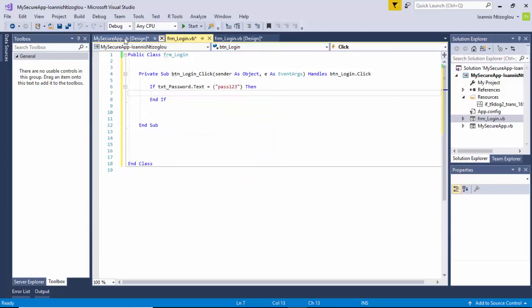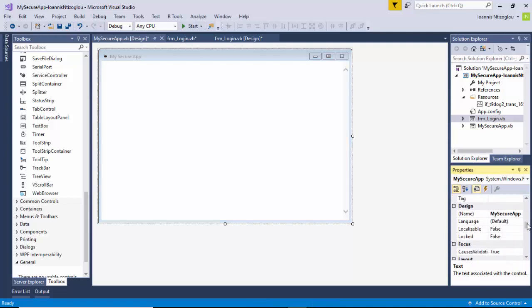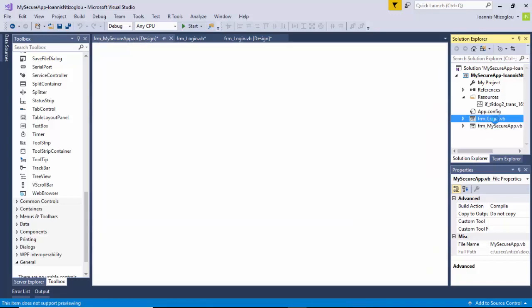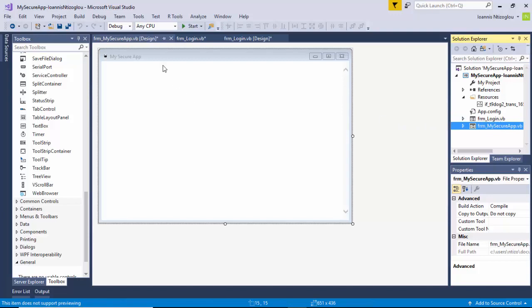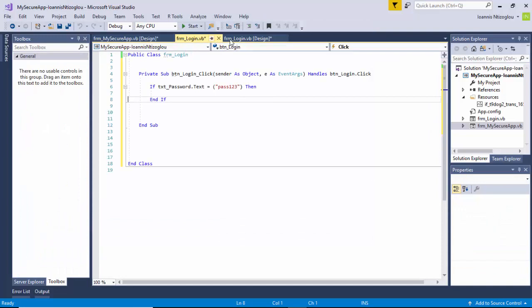So I'm going to go back to my secure app with the form selected. I'm going to scroll down, go to the name section. I'm just going to put here FRM underscore, and I'm going to rename this as well. I'm going to put FRM underscore. Let's use the Lisinski Riddick naming convention, so everything is nice and clear. So I'm going to go back to my login page on my code view